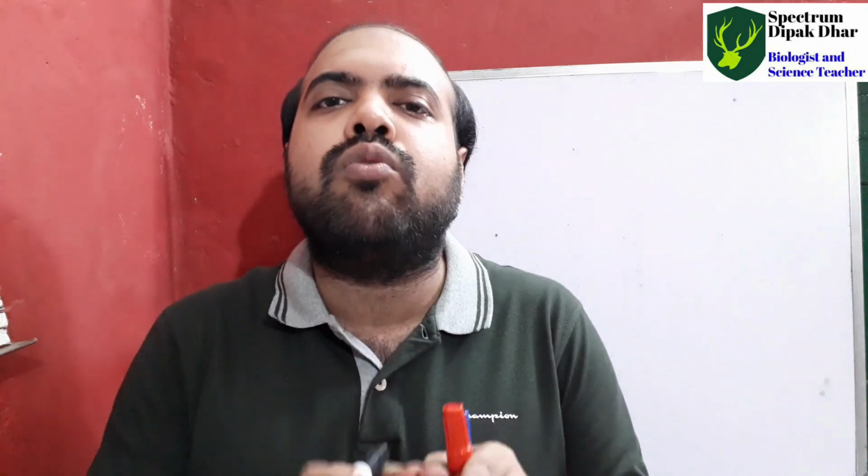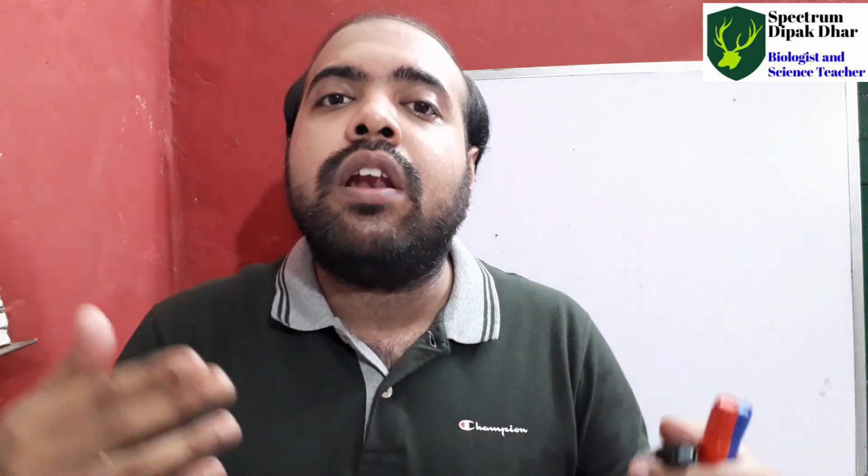Now as you all know, for each and every character there is a specific gene which controls that particular character, and each and every gene has two copies, and those two copies are known as the alleles. It is the most basic fundamental idea about genetics. Now there are some other genes which can control more than a single character. Remember it, students, I am telling you that a single gene is controlling more than one character.